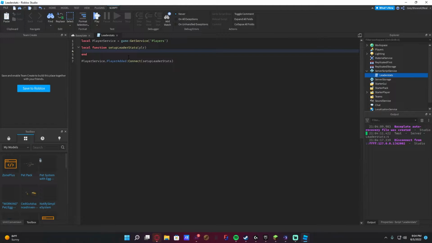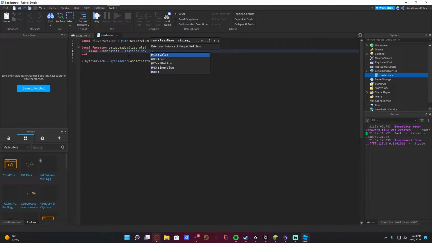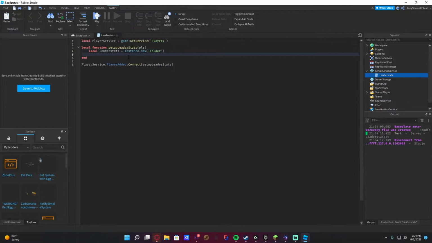So first, we need the folder that is going to be named Leaderstats. Alright? So we're going to do local leaderstats is equal to Instance.new folder. Alright? Then we're going to do local cache. This is up to you. You can name these next ones whatever you want. And then you're going to do Instance.new, and you're going to do IntValue. I'm going to do just one more to show that it works with multiple things. But I would recommend going over, I think it's like 6, I do believe, because then it starts covering up the whole screen. So rebirth,